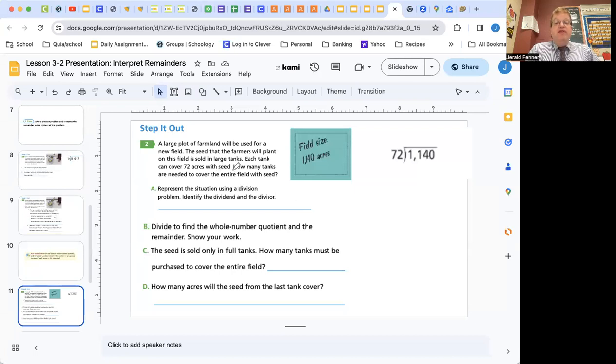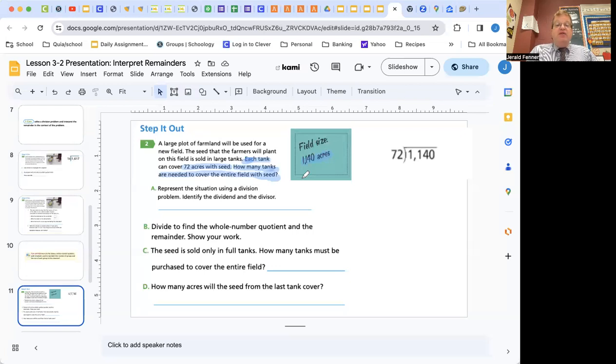And we are going to first identify the question, which is how many tanks are needed to cover the entire field with seed? Notice it says how many tanks. So there's going to be obviously more than one tank. The important information in here is that there's 72 acres with seed, and that's for each tank. Ooh, there's a key word, each. And it shows the field size right over here as